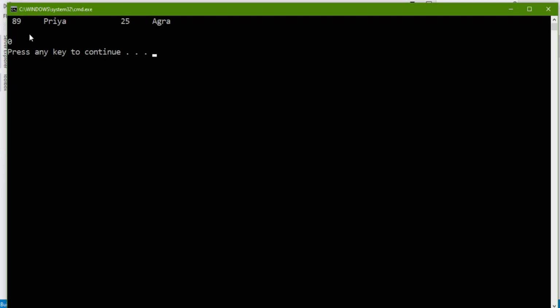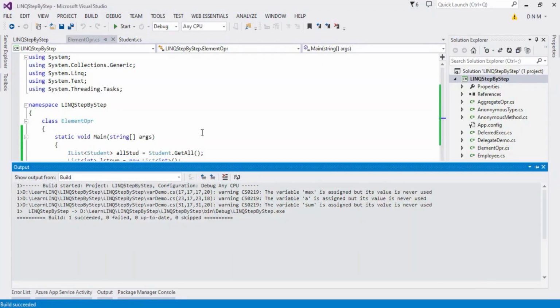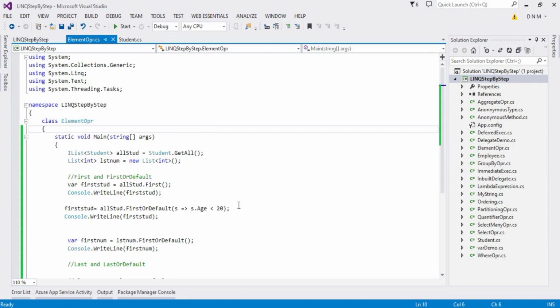Actually this 0 value belongs to that empty collection, but here nothing gets printed because the default value is null in this case. I'm using a reference type, and the default value of all reference types is null. So here you can compare with a null value, and according to that you can perform different kinds of statements.